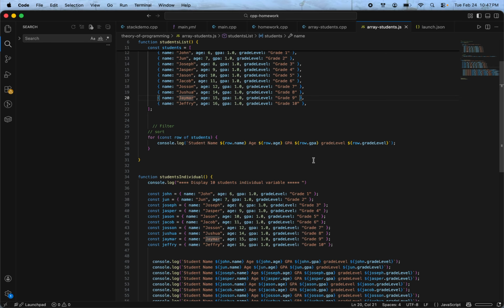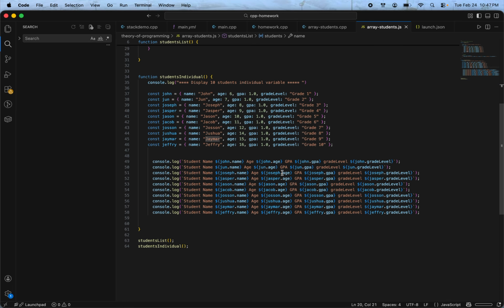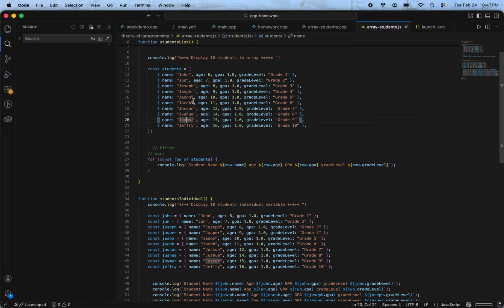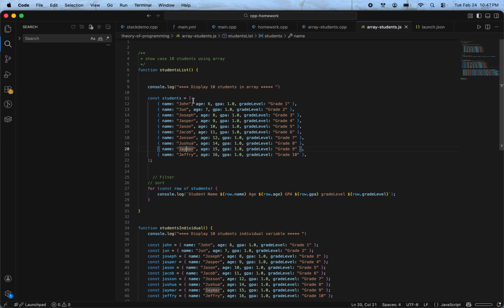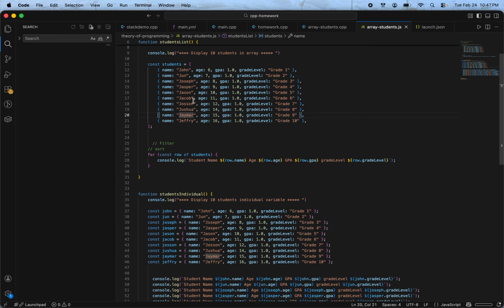and the grade level. So on the second function that I have written, I have also students without an array. So why I'm showing this is to showcase, as I mentioned earlier, the discussion that we have will be the difference between array and writing a program without the help of an array. Okay. So what are the disadvantages and advantages of using an array in a program and without an